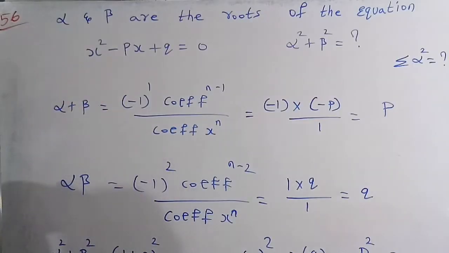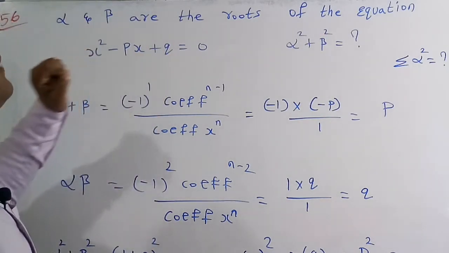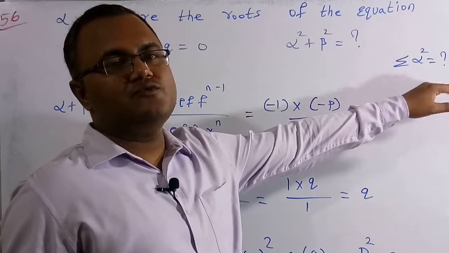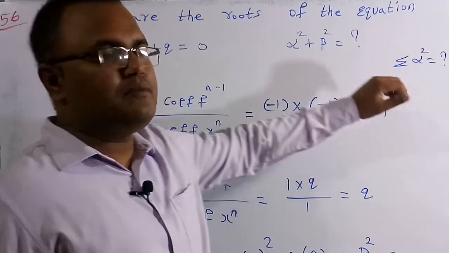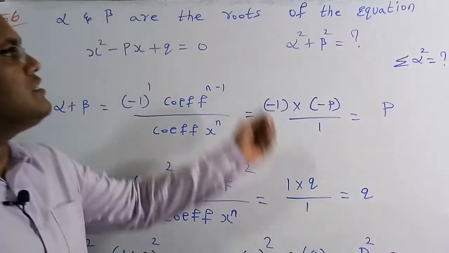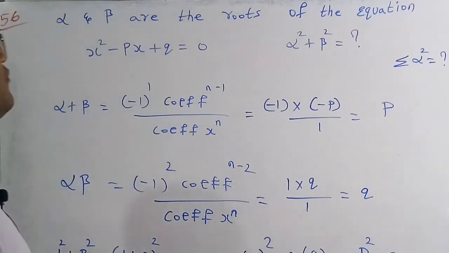So in the question they are given that alpha and beta are the roots of this equation, which is x square minus px plus q is equal to 0. So alpha and beta are the roots of this equation, then we have to find what is the summation of squares of these roots we need to figure out, or simply we can say that alpha square plus beta square we need to figure out, which is sum of square of the roots. So basically first I have to find what is the summation of the roots and also the product of the